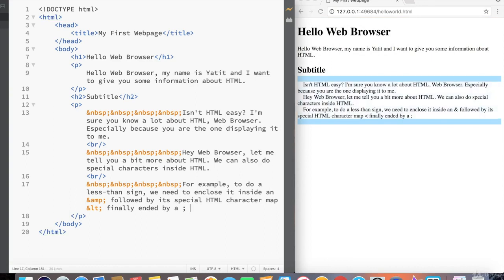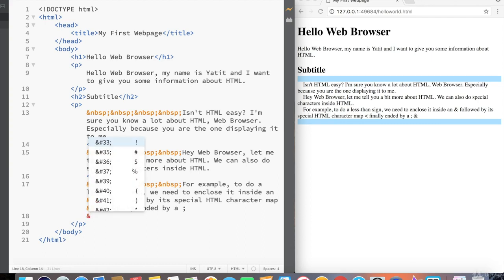If you want the full list of special characters, not only is Brackets really good at giving you suggestions, notice that when I type in the ampersand, the first thing it does is give me some suggestions on special characters. So Brackets has this built in. A lot of text editors also have this built in. So Brackets should be enough of a resource on its own, but just a few common ones that I want